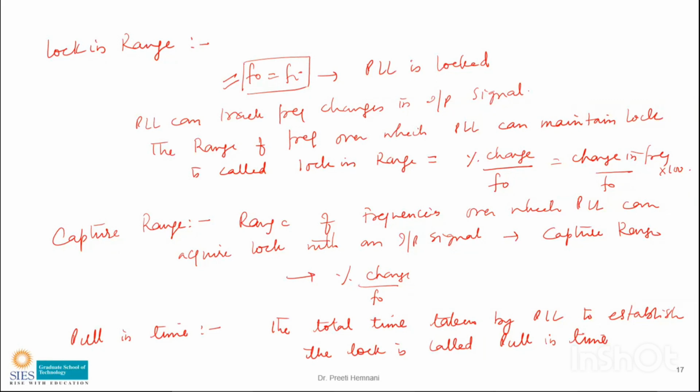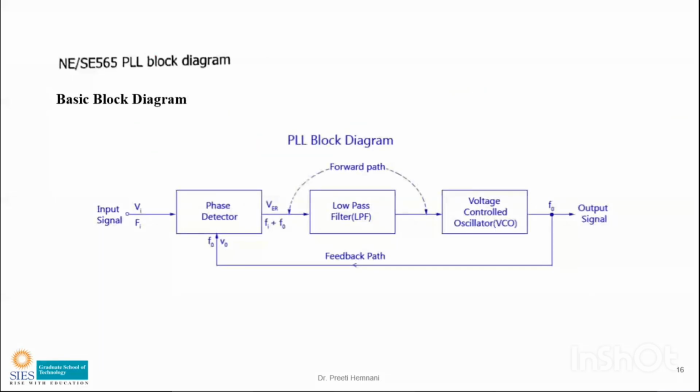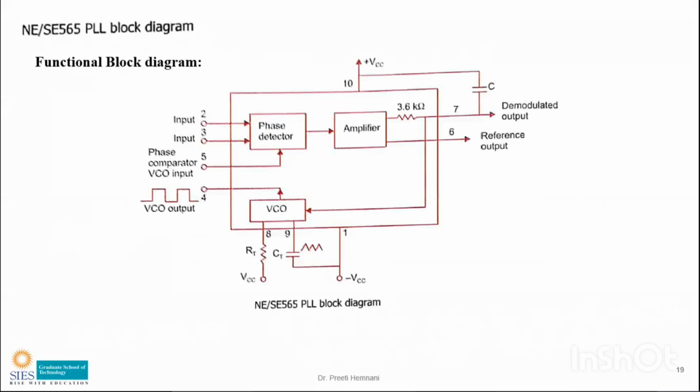Okay, so you can see this block diagram next. This one is the functional diagram. That was the block diagram that we showed without any input pins and all. This is called the block diagram. And when I say functional diagram, I have to show the connections with all the input pins. So there are two inputs.